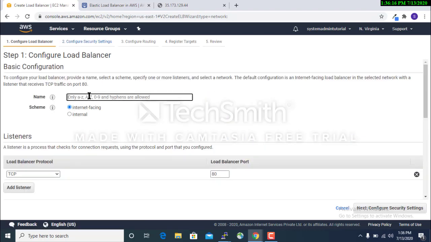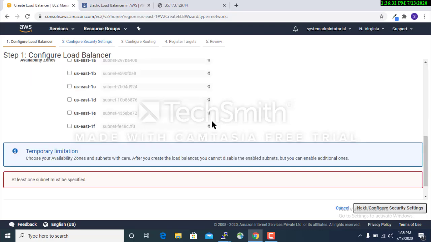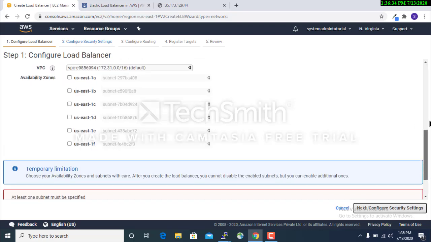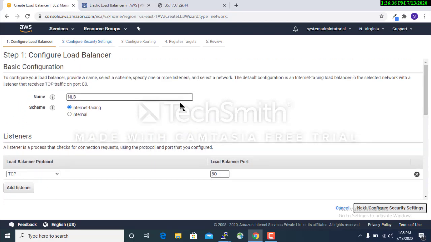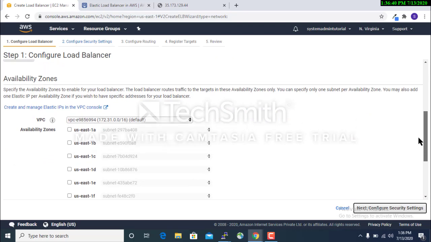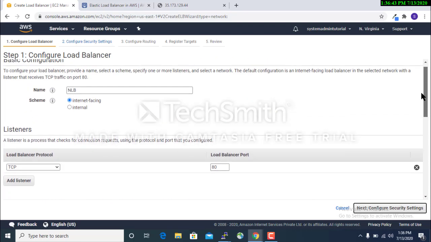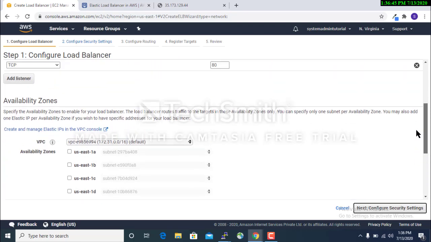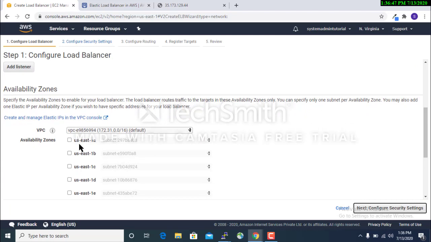Here you can give the name as NLB. Okay, internet facing because we are accessing only through the internet. The protocol used is TCP. Okay. Next, configure security group. In the security group panel, you will see here, we have not selected the availability zones.